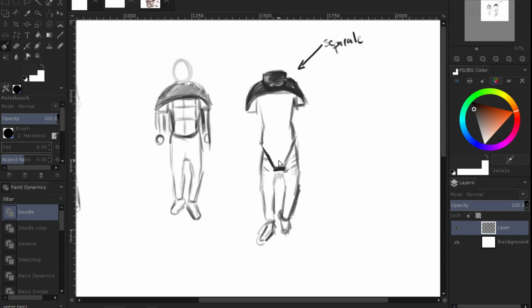So what I mean is, if this part of the shirt is all white, you should add textural detail